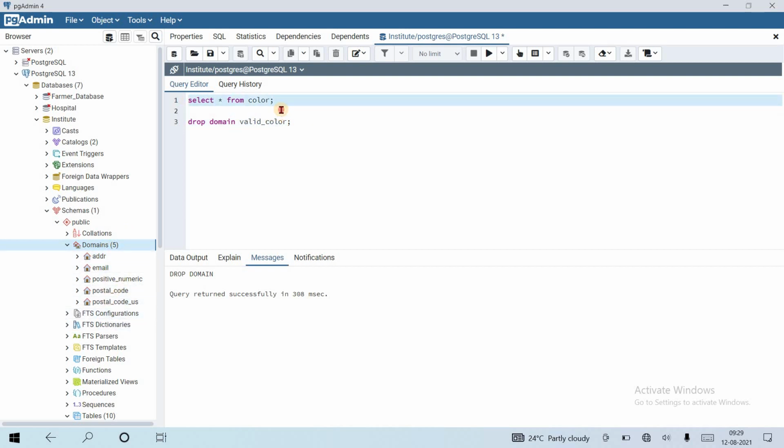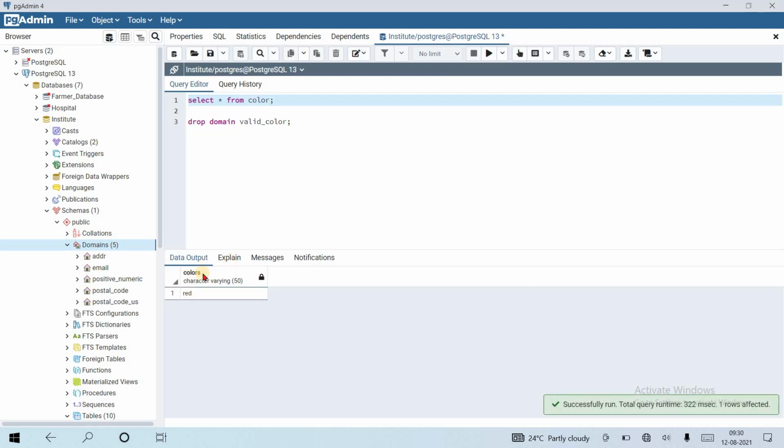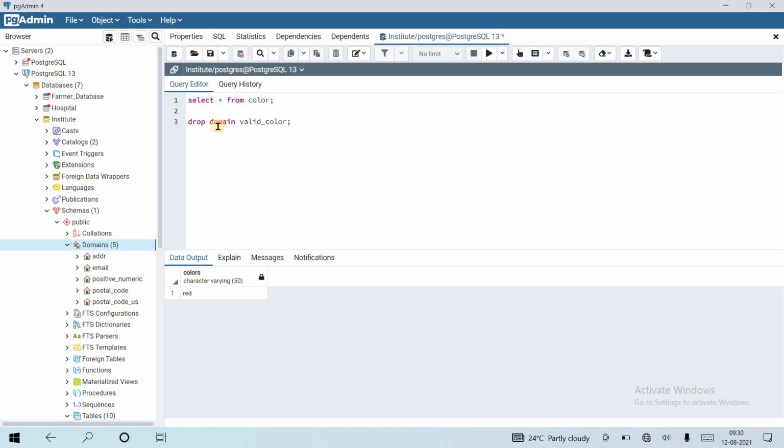If I check the data of my table, you can see that the table columns and values remain as they are because I had changed the data type. Now again I can create a domain and change the data type to that specific valid color domain. That's all about dropping a domain. Thank you.